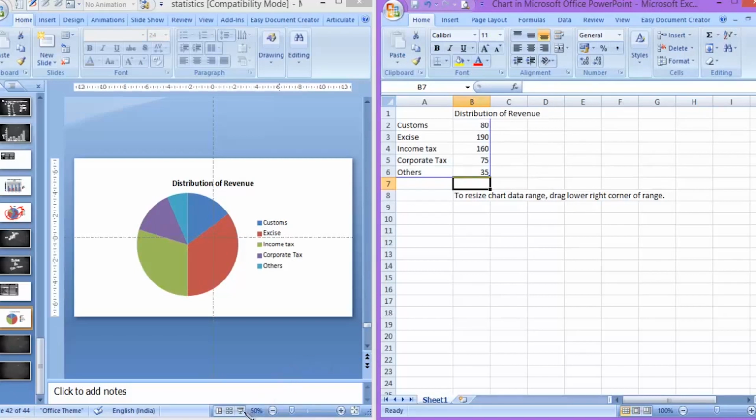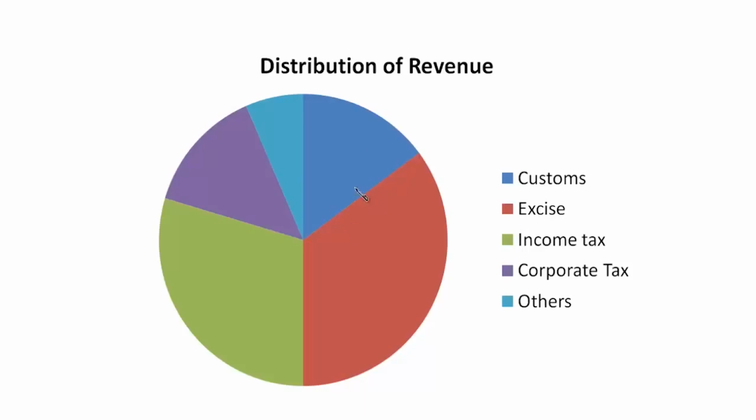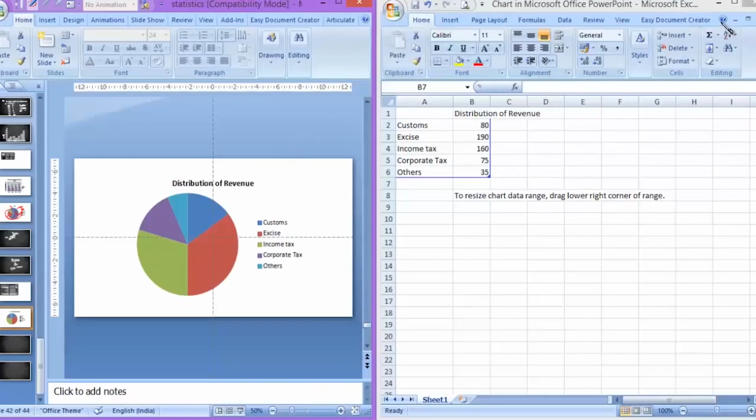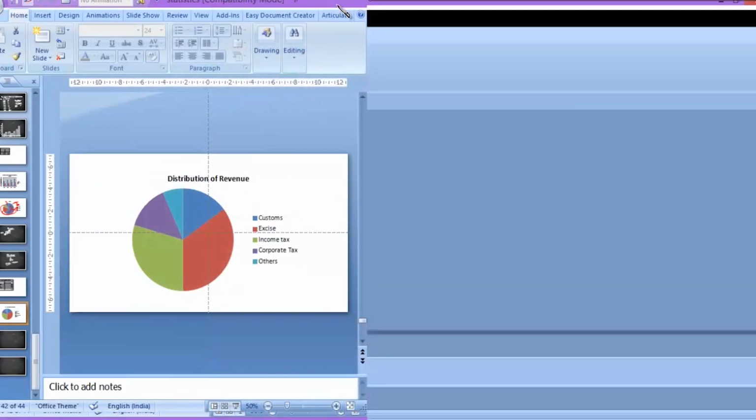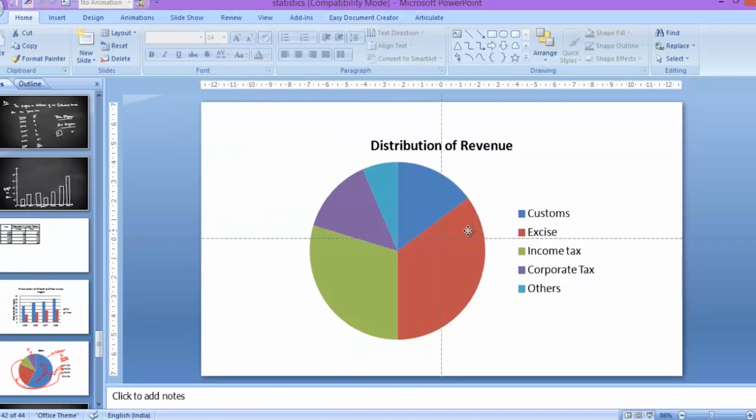Now look at this pie chart. Now you have the distribution of the various sources of income to the government. At a glance, you understand that excise contributes more. Excise is in brown and has the major region. Then comes income tax, third customs, fourth corporate tax, and fifth others. If you want, you can even further modify this so that it conveys more information. How it can be done, we'll do here.